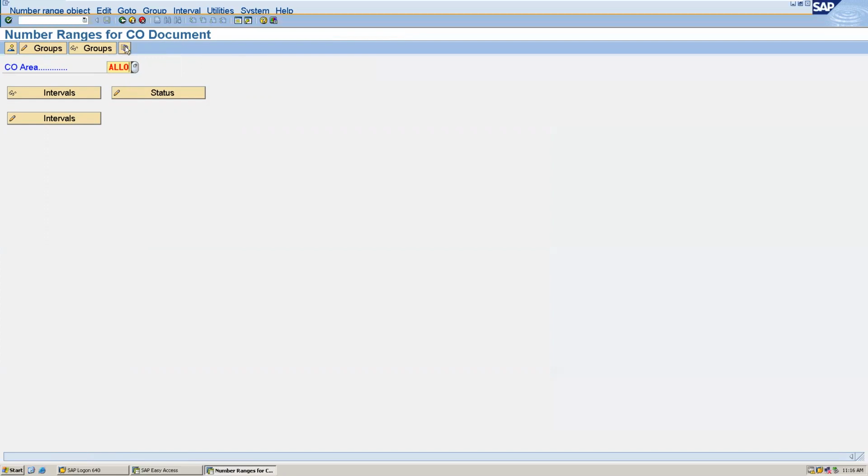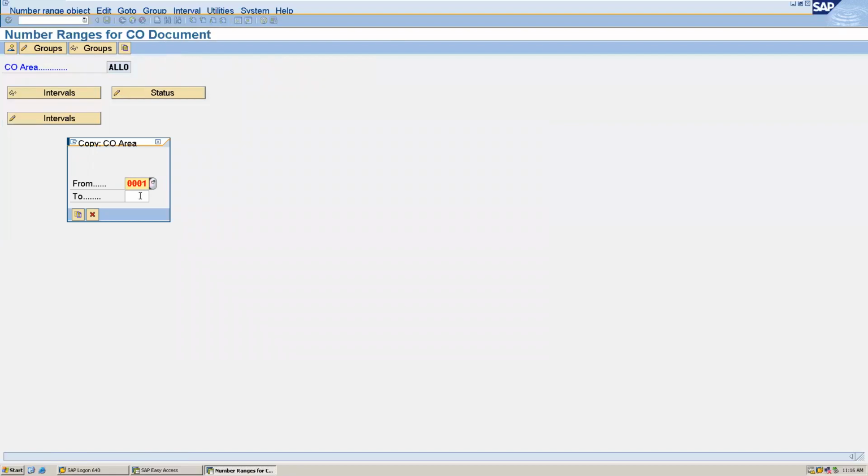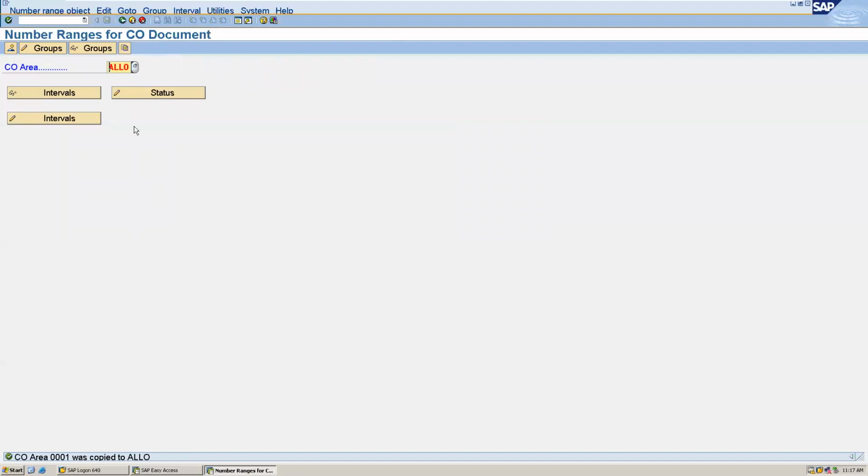We cannot create one, so we have to copy. I will copy from this to my controlling area, ALLO, copy. Okay, so it has been copied.